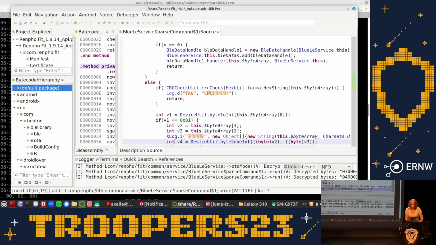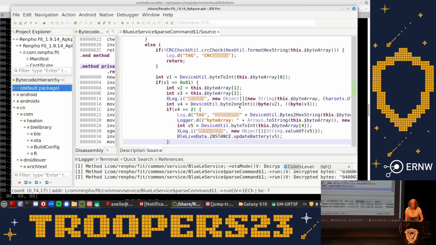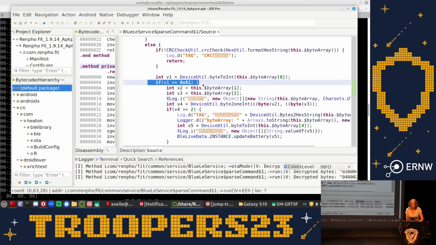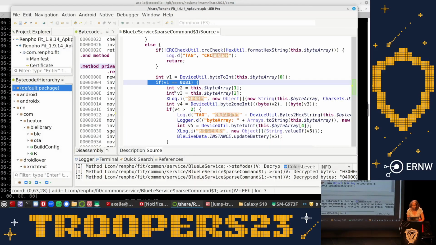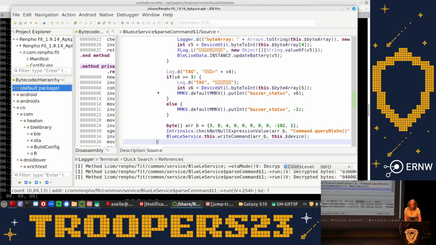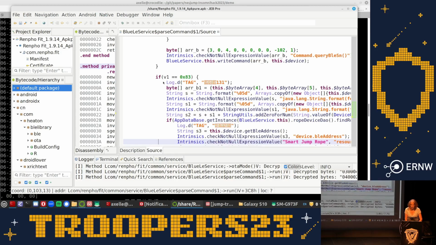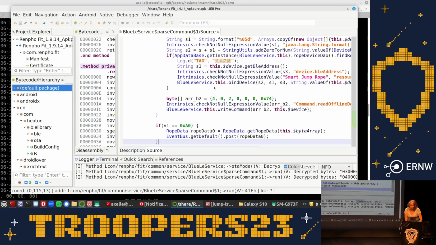Well, we see that we have a CRC check, and then we see checks on specific values. So we can go back to our logs, and we see that, for instance, this one was starting with 81. And if I go there, indeed, 81 is going in here and going to update battery. But if we had had another value, like 83, then in that case, it would have gone to